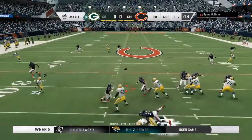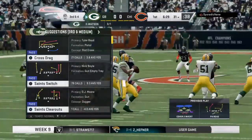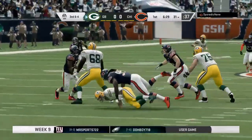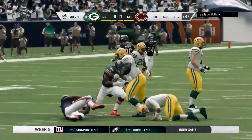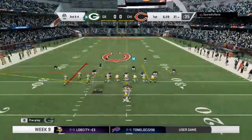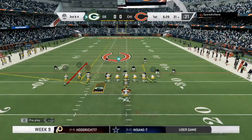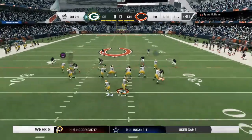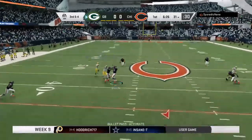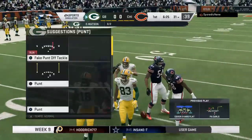Here's Watson. Ball hit as he throws there, incomplete. Defensively here, you're facing a top-5 team in terms of points scored in the NFL. So when they're that high-powered, you've got to find a way to hold them under 20. Because to me, that's the magic number. 20 points scored gives you your best chance to win. So if they're up around 24, 28, 30, they could be in some trouble. Now, I think so, because then you turn it into a shootout, and that means your offense has to keep